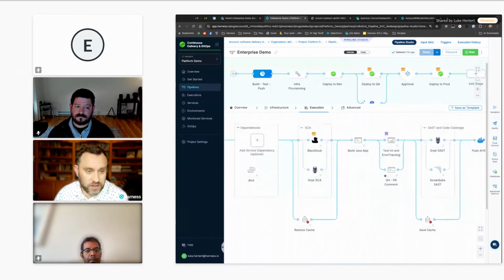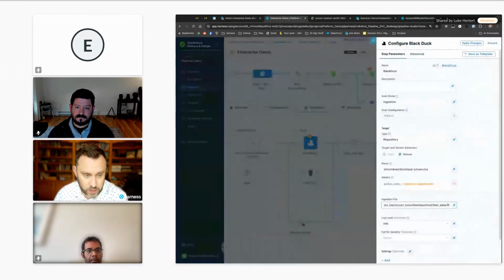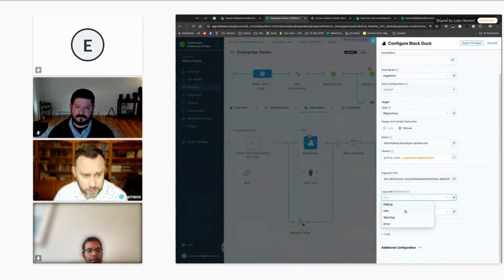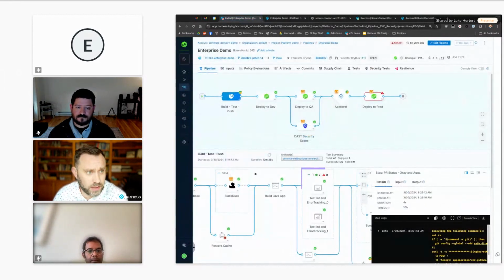Regardless of what type of scan or what scanners we're using, I think it's really critical to come in here. If I look at one of these, you can configure how much information we want about this scanner, and specifically, do we want to fail this pipeline based on whether or not there are any highs or criticals or what have you.